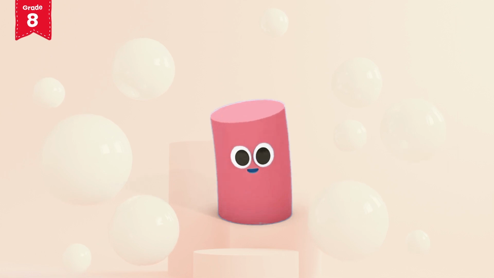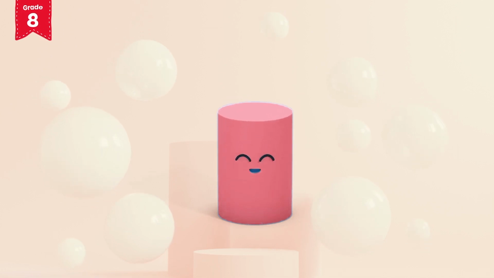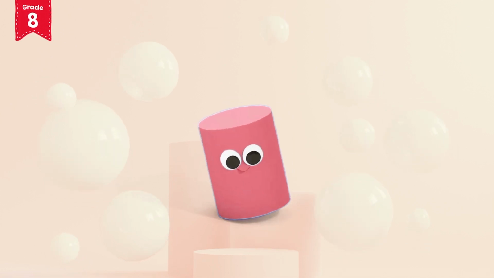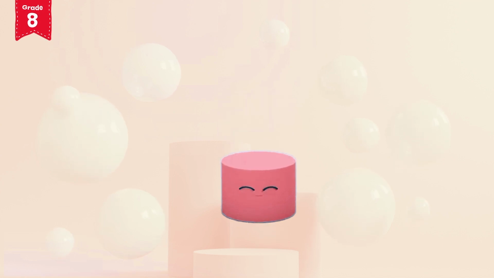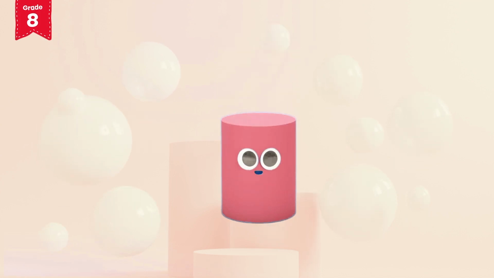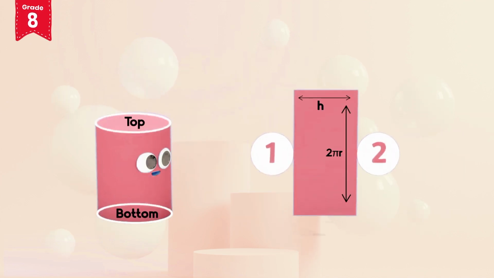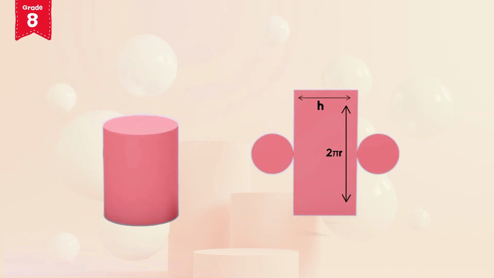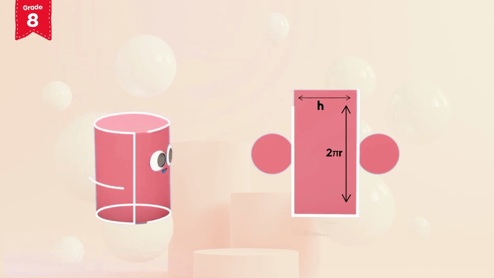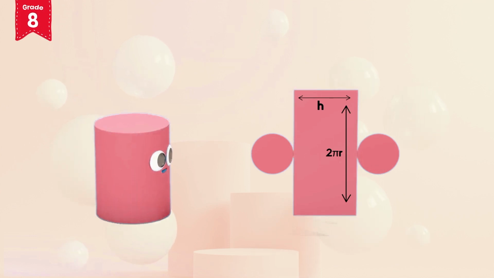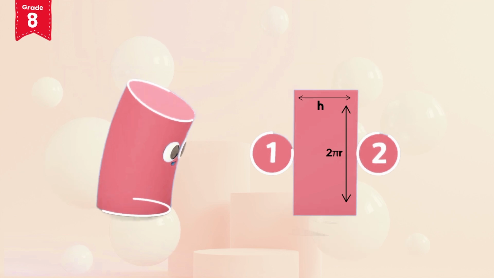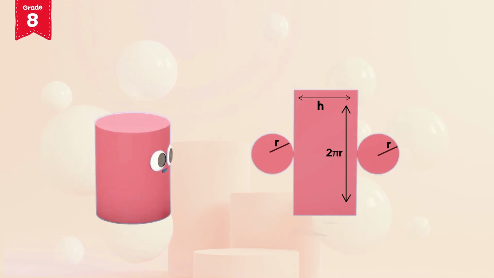Now, the total surface area of the cylinder is defined as the area of all its faces, that is, its curved surface and flat surfaces, which are at the top and at the bottom, for which we need to calculate the area of two circles. As we already have the measurements, we can directly find out the total surface area.